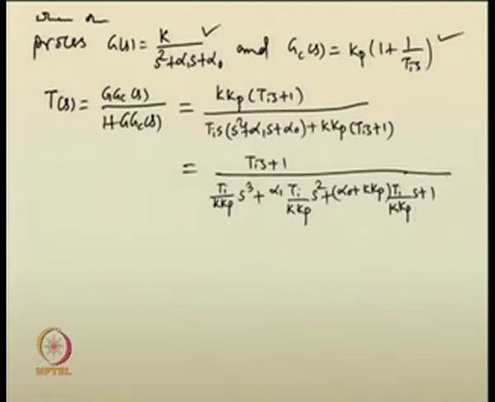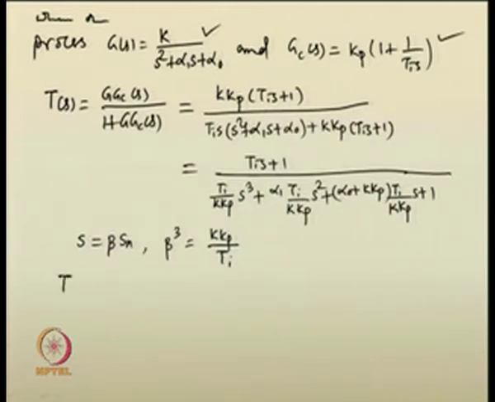Why are we doing it like this? So that with the assumption of s equal to beta sn and beta cubed equal to K Kp by Ti,